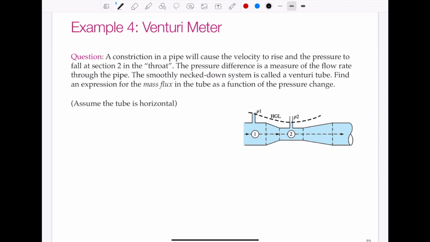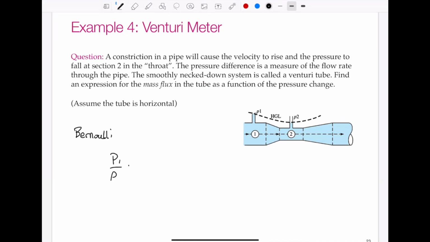So we have point 1 and point 2. Let's just start by writing Bernoulli's equation. It's asking us to find an expression for the mass flux. So the mass flux is basically the mass flow rate. So Bernoulli's equation, we'll write Bernoulli,